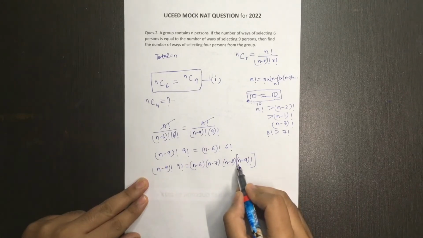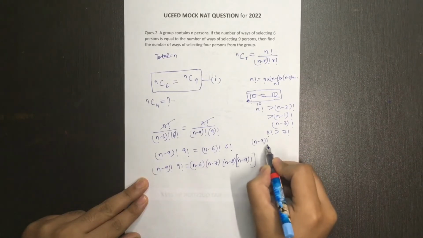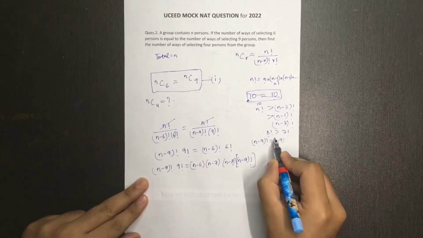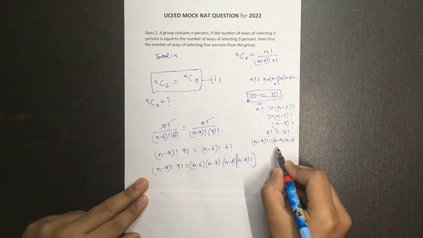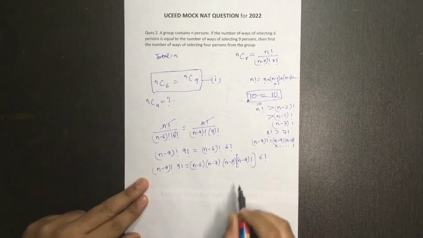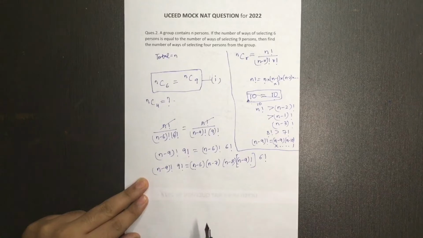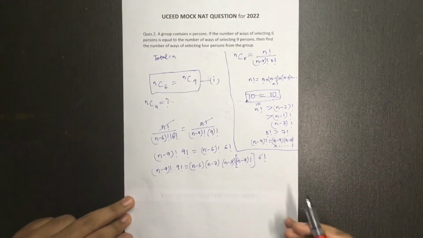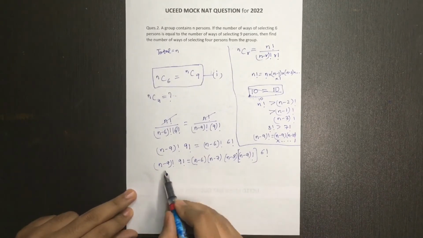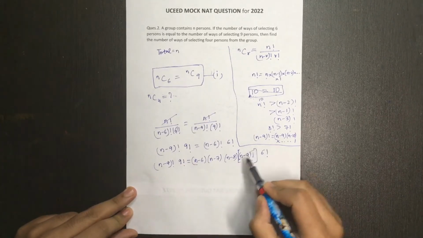So we can write it over here (n minus 9) factorial, because (n minus 9) factorial over here will be n minus 9 into n minus 10 and so on until 1, right? So we have just simplified it and written it as (n minus 9) factorial into 6 factorial. Now I'll just draw a margin over here so that you guys can see clearly. We can clearly say both sides we have (n minus 9) factorial. We can cancel it out.